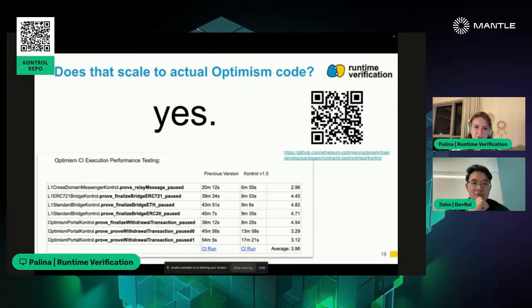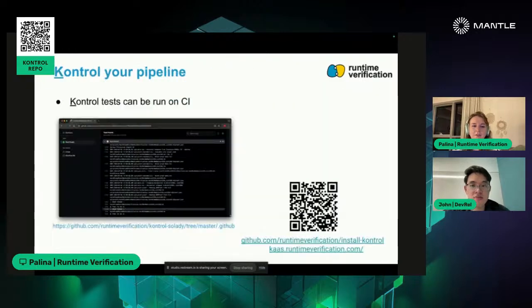What we are trying to go towards is a more sustainable security model for projects. The hashtag that we are using is #ControlYourCode, which means that we are trying to make developers take control of their code themselves, instead of having to rely on this constant stream of manual audits that are pretty expensive. So what we can get with Kontrol, especially having Kontrol run on CI, is this